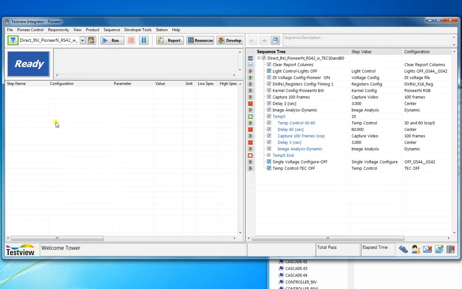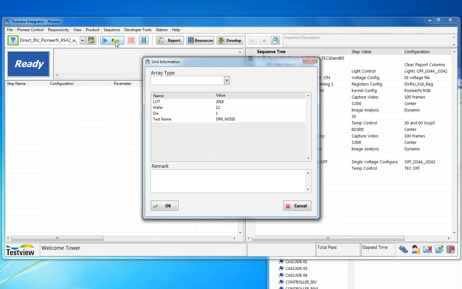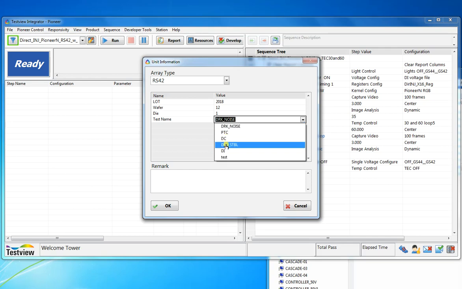We select a sequence, and when we click the Run button, we have to select the array type. This can be either the Pioneer RS-42 or GS-44 or any other example that we've made here. And then we select the lot, the wafer, the die, and a list of tests that we saw in the Product Editor, where we created this list.